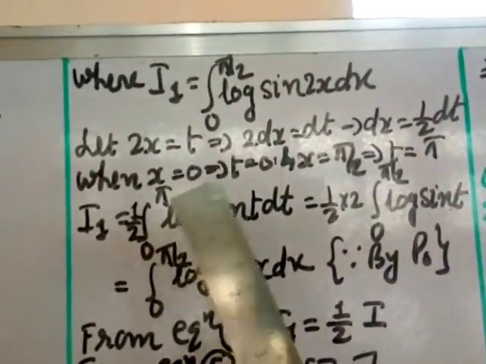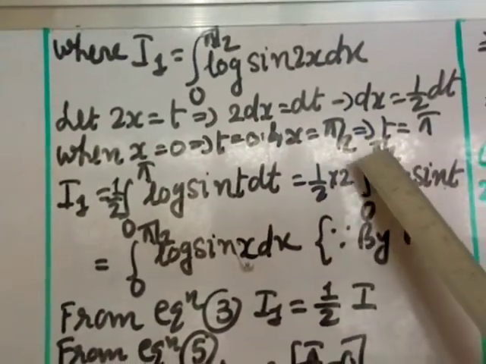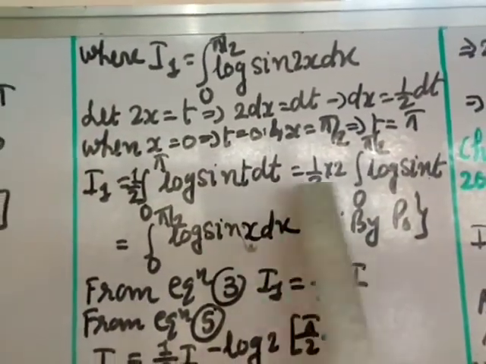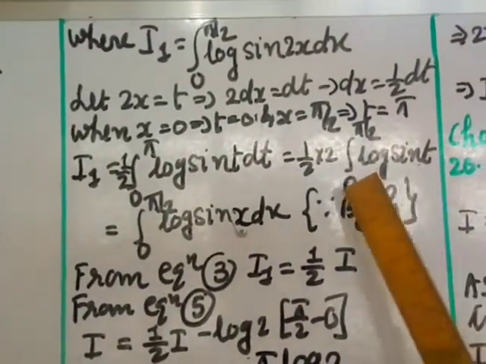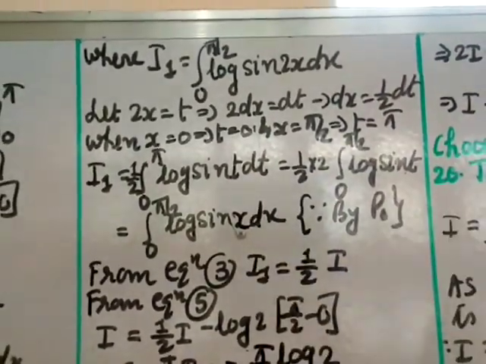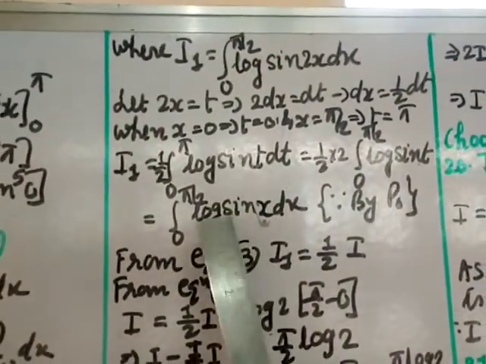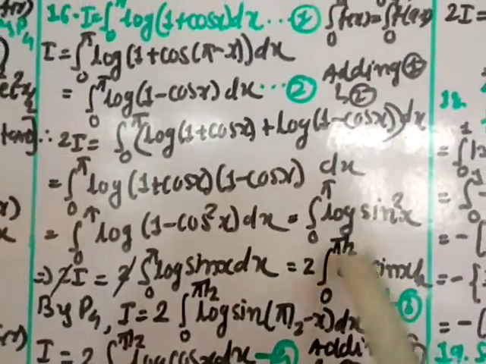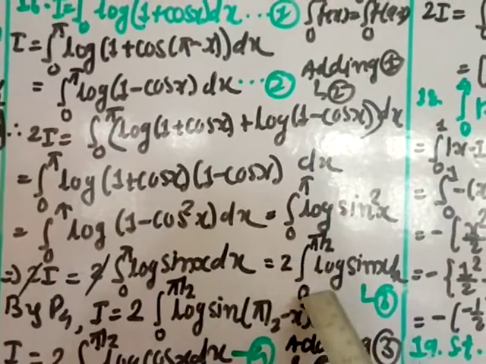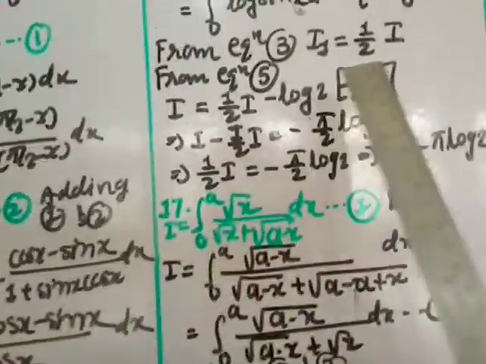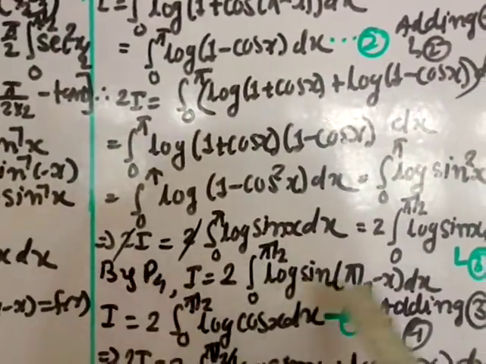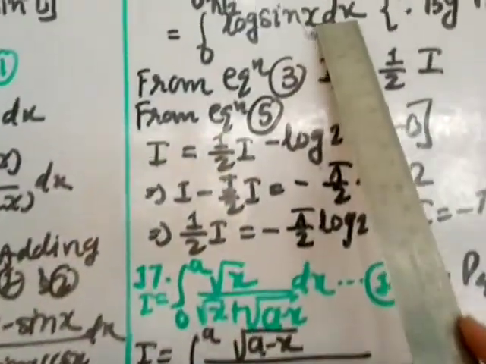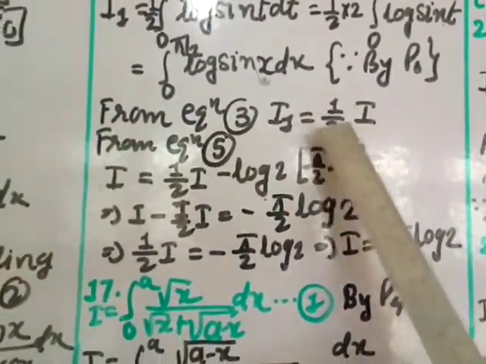Now again I am using the property of the definite integral. 0 to pi is written as 2 into 0 to pi by 2 log sin t dt. So the 2 cancels, and here is 0 to pi by 2 integral log sin. Now using the property, instead of t just putting x, so dx. Then from equation 3 I'll put this value. From equation 3 you can see this value is 0 to pi by 2 log sin x dx, and this is 2 times. If I write this in terms of I, the 2 transfers, so I by 2. So this value can be written as I by 2, and I write I1 as 1 by 2 into I.